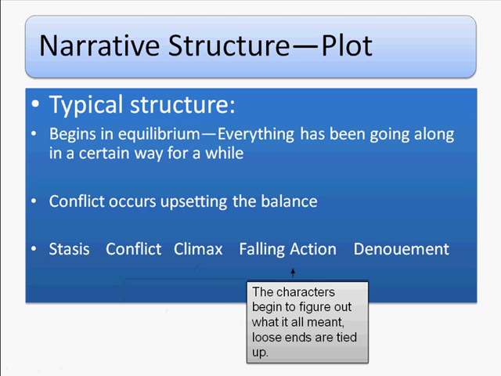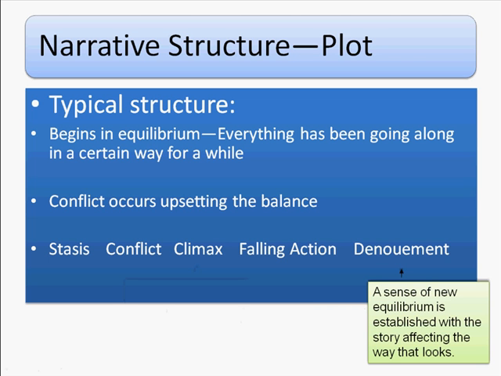This leads ultimately to some falling action, so people start to figure out what it all means. Loose ends are starting to be tied up. And then we set up with a new sense of equilibrium. We set up a sense that the characters have changed, but they're now going to go forward in some way. For characters, we basically